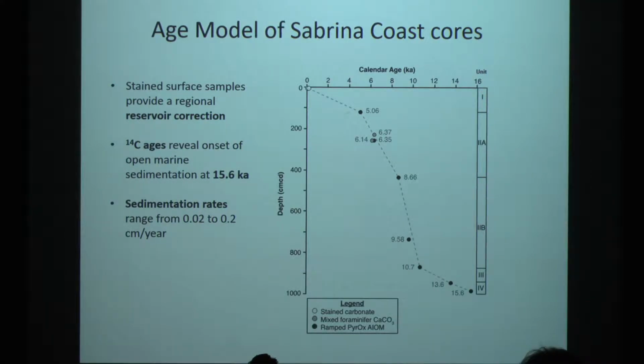One of the most crucial steps in looking at a sedimentary sequence is establishing its age in order to convert depth into calendar years, and this allows oceanographers to look at other regional cores as well as compare to global records. And the most important finding in my chronology was that open marine sedimentation began at 15.6 thousand years ago,